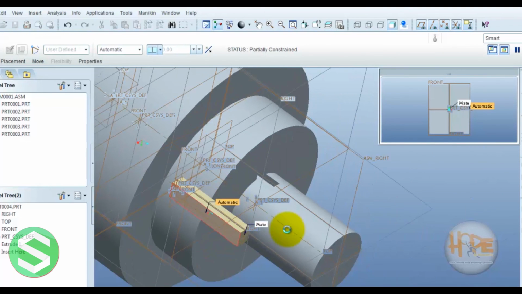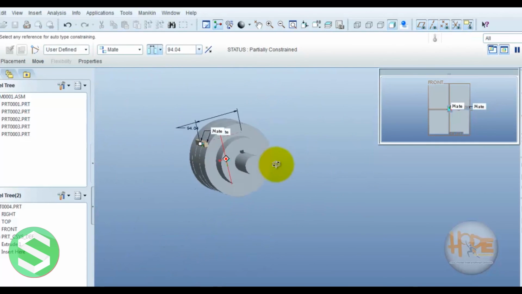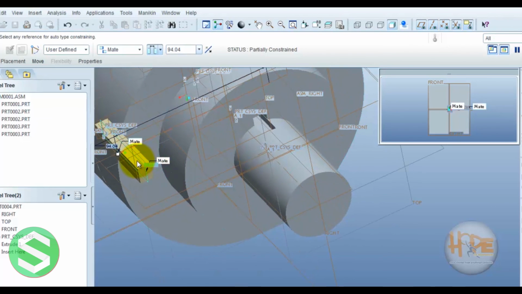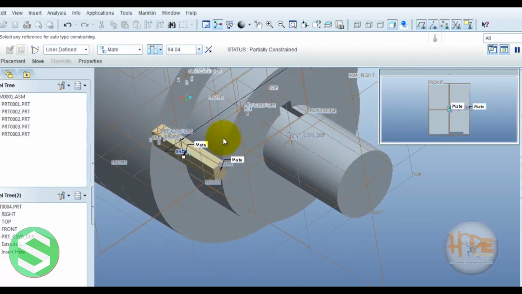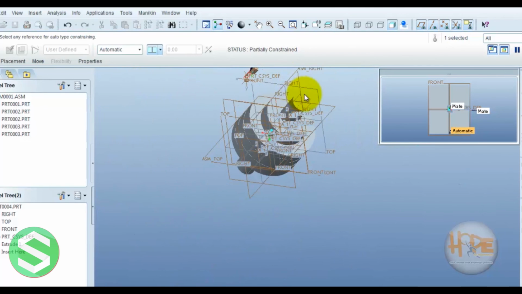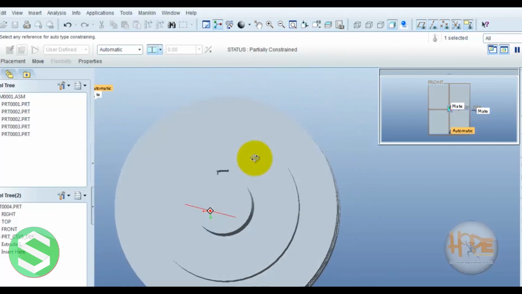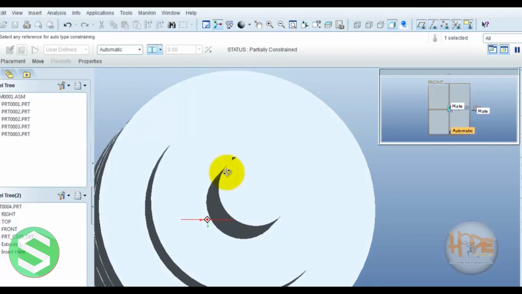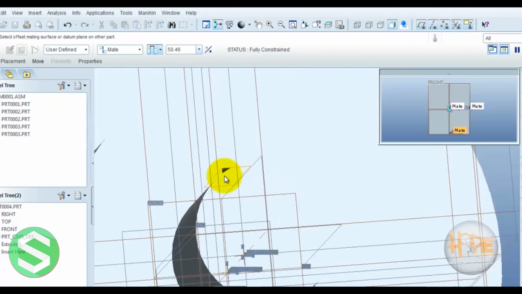Now this surface is mated with this surface. Now this surface is also mated with this surface.